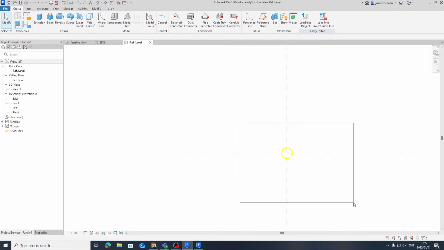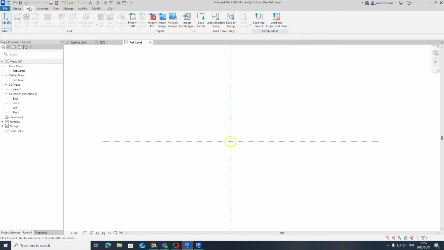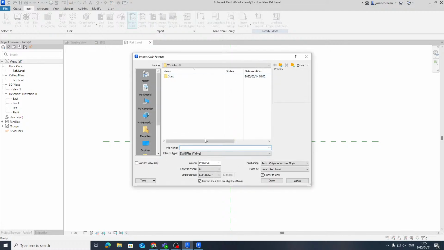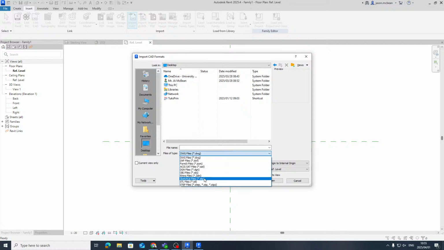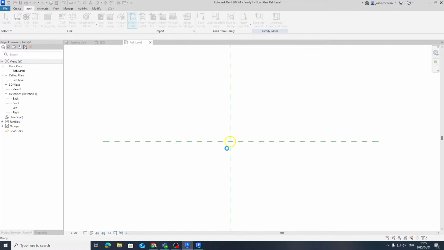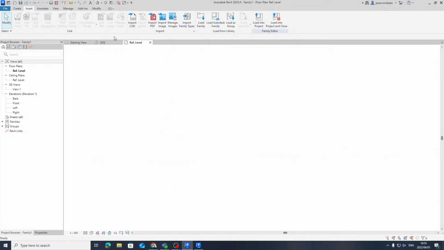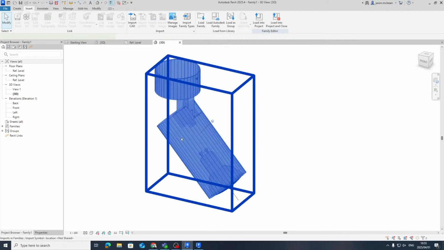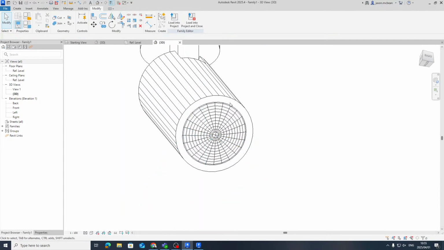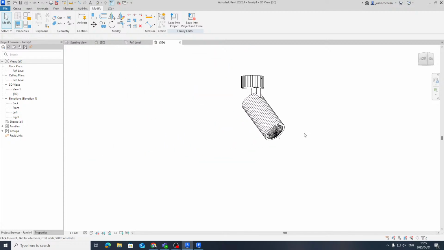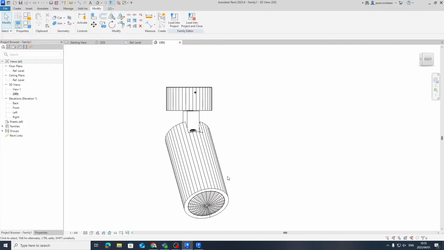Now, when I bring in these models, if I go to Insert, Link CAD, and I go to Desktop, you'll see that the models don't come in nicely, especially if it's a SketchUp file, and if they haven't been modeled that well, these things tend not to work that well. So I'm going to select this model, I'm going to try and link it in. Now it comes in with a whole lot of, let's go to 3D view, and I'm going to switch off line weights. You'll see that these models come in very poorly. They've got all of these lines, and then if you try and use this in Revit, it looks terrible. You can't use this information.